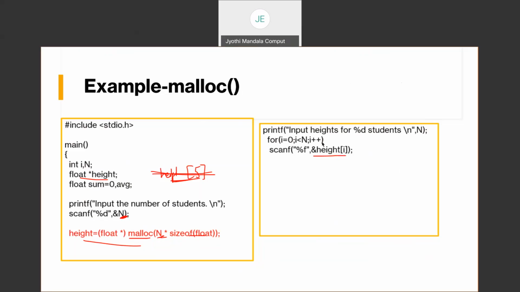You can write like this. We already know this approach. Pointers and arrays concept we already learned. We know why we are writing like this, because suppose you are allocating 5 bytes like this, then the starting address will be stored in height, isn't it? And &height[0] will be representing this one, &height[1] will be representing this one. You can write like this, or else you can write height